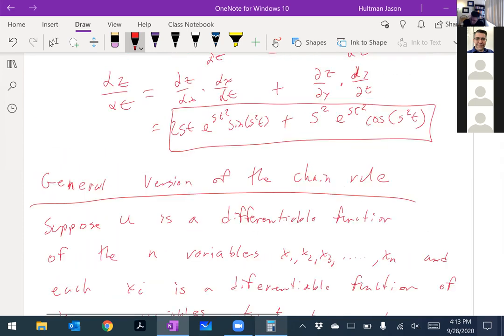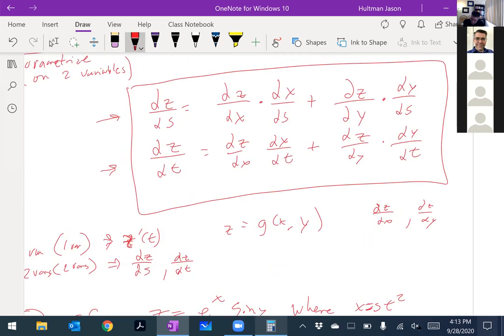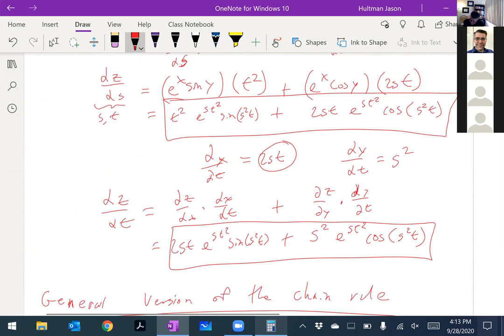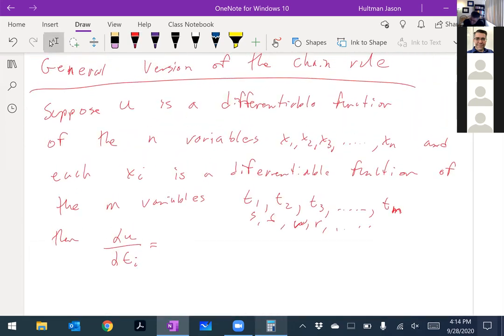Because again, go back to this one, where we had the partial of z with respect to s, that's the first variable, partial of z with respect to t, second variable, partial of z with respect to and so on. Okay, partial of u. u has a bunch of variables. So this is going to be